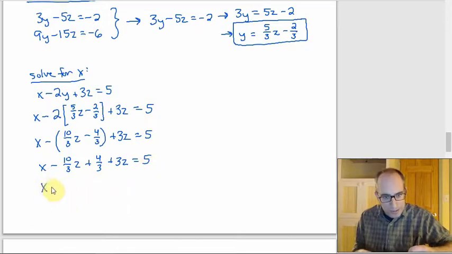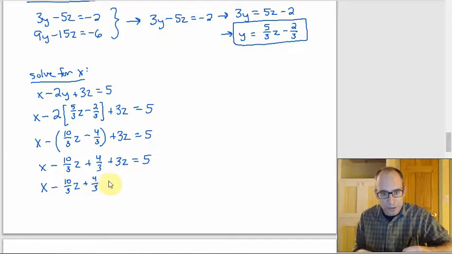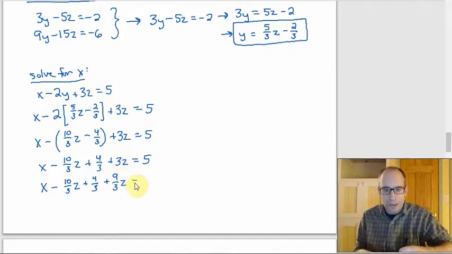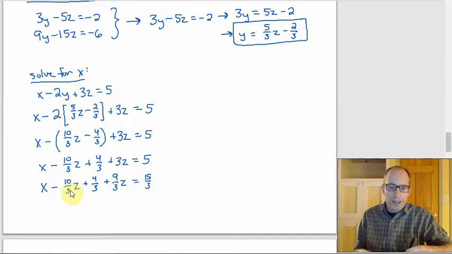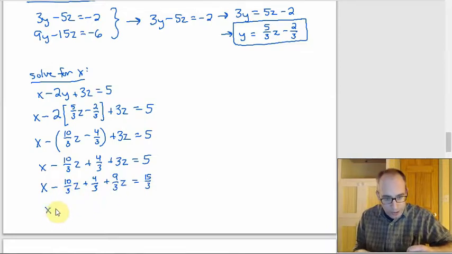So I guess the x I can leave alone, but everything else, I'm just going to write it with the denominator 3. So 10/3 and the 4/3, those are fine. 3z I could write as 9/3 z, right? Multiplying by 3 over 3. And then 5 is 15/3. So minus 10/3 plus 9/3 is minus 1/3. So I have x minus 1/3 z